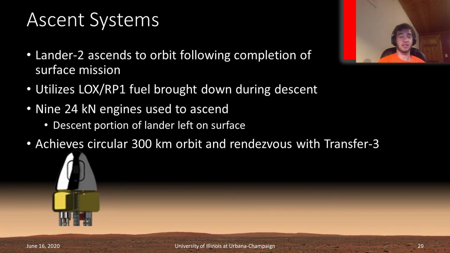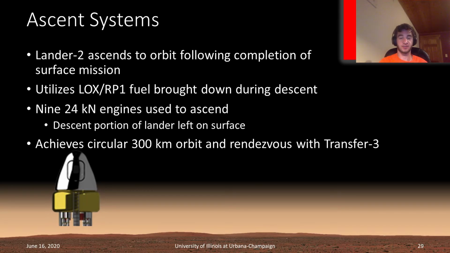Now onto the ascent systems of Lander 2. After completion of the surface mission, Lander 2 ascends back into orbit to come home. This ascent process utilizes the LOX RP1 fuel brought down in the ascent tanks of Lander 2 during descent. The ascent process utilizes 9 24 kilonewton engines. These engines are used after the vehicle does a surface staging maneuver and leaves the descent portion of the lander